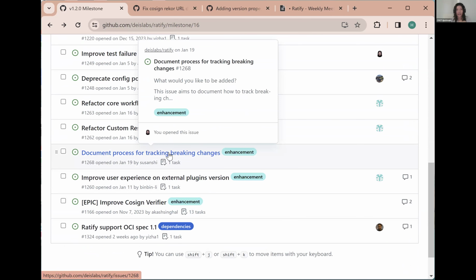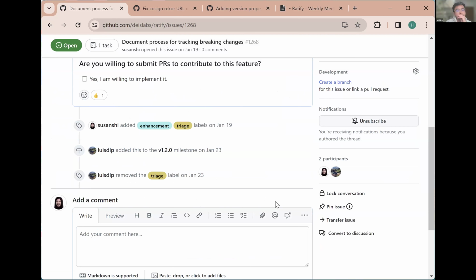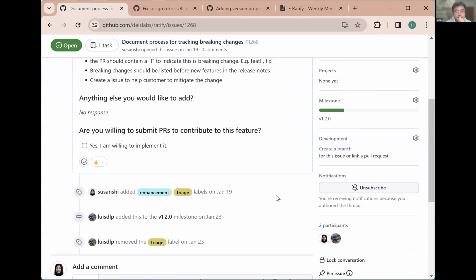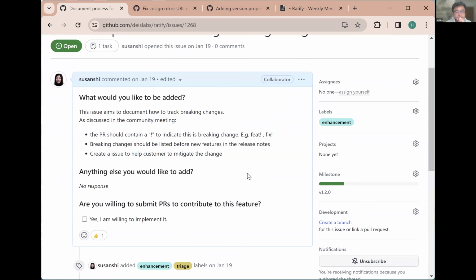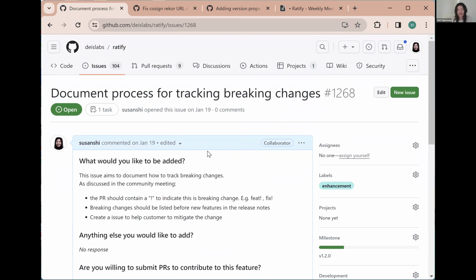Then document process for tracking breaking changes. That is kind of like, it's not deprecation, but slightly different. Yeah, but I think we had this planned for a little while now. Any updates? Breaking changes. Oh, yeah. This one specifically is for the release notes. So we discussed we need to